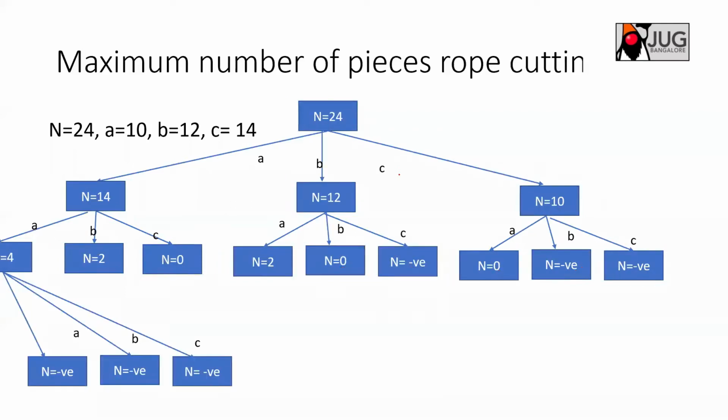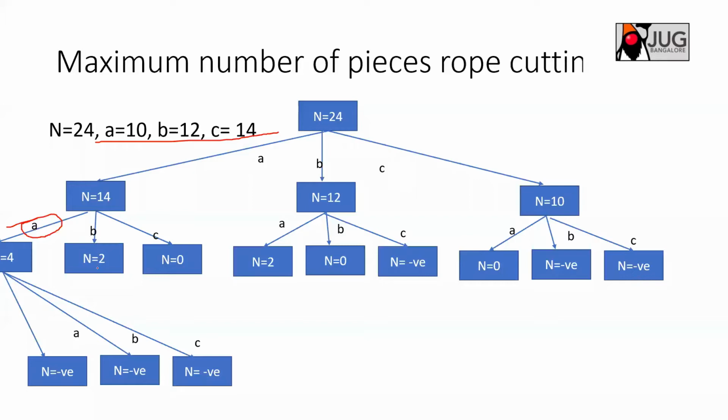So this is how it is done. Again, you hit negatives here. In such scenarios, if you hit all cases negative here, because this 4 cannot be cut with the given lengths, all cases will return negative. So this is not a proper cut, and you just return back.